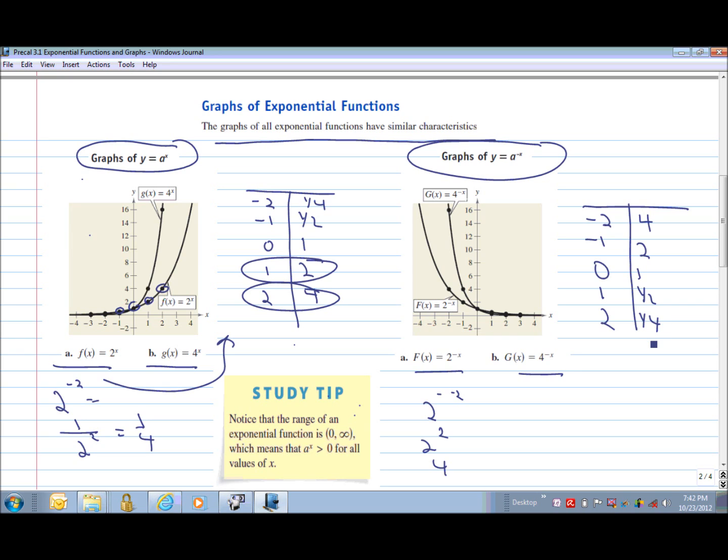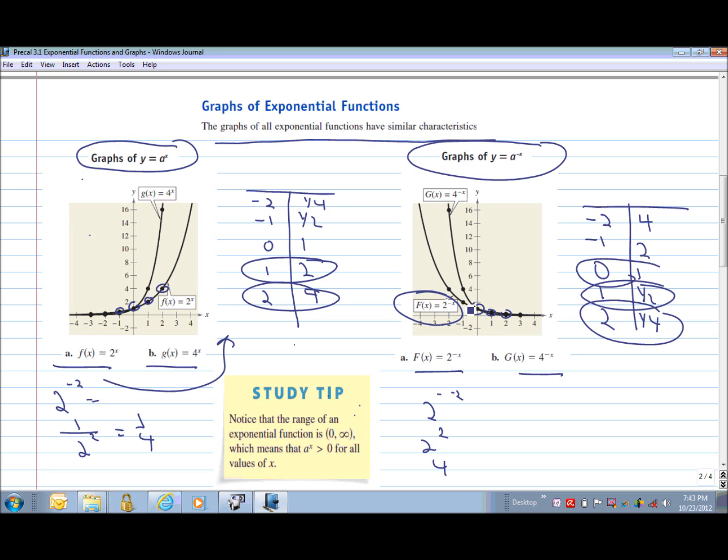All right, so that's how we compare them. And again, if you take a look at this graph right down here and our ordered pairs, at 2, you're at 1/4, at 1, you're at 1/2, at 0, of course, you're back at 1. Notice something important. All the base graphs of exponential functions all have the ordered pair from a base function at